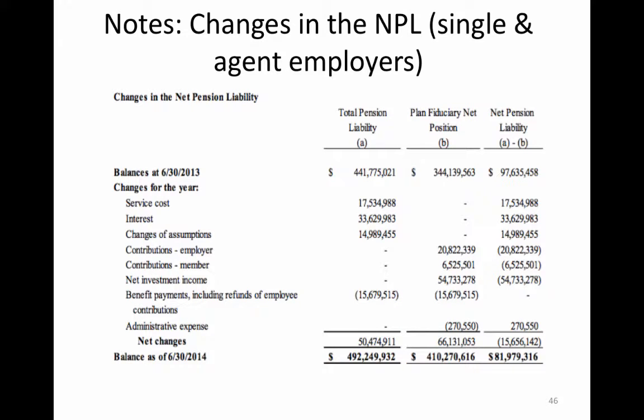This is another of the new disclosures, and it's presented by single and agent employers. It's not presented by cost-sharing employers because the information would apply to the entire plan and not just to them. What this is, is a disaggregation of the causes of changes in the net pension liability from the beginning of the period to the end of the period. So this is the number that this government would have reported in its statement of net position,